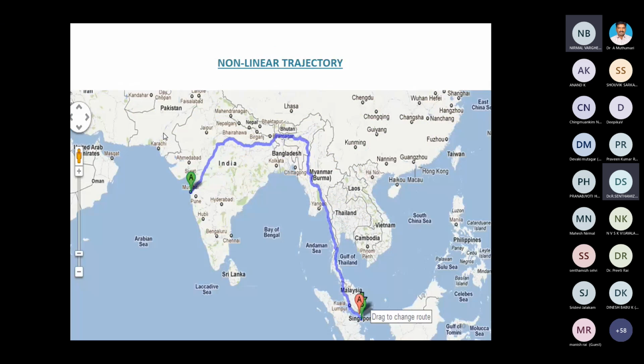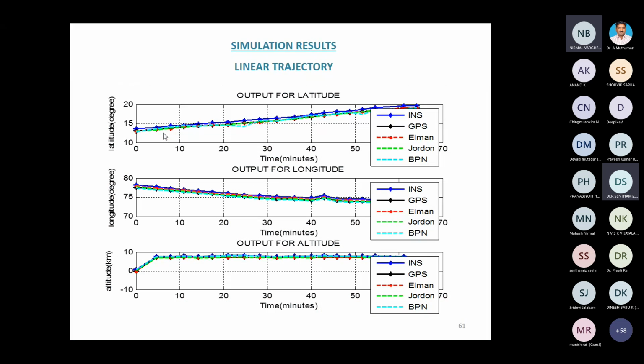Right. So you have the output of your result like that. For the latitude in degrees, this is the time in minutes, right? For the INS plot, I'm giving my inputs as the latitude. The first, the blue color, is INS, the input. And the GPS plot is the target, right? For Elman, the red color is almost coming close. For the Jordan, the green color is almost closer. And PPN also is almost closer. So they are very close only. But if you see the expanded graph, you'll identify the difference, right?